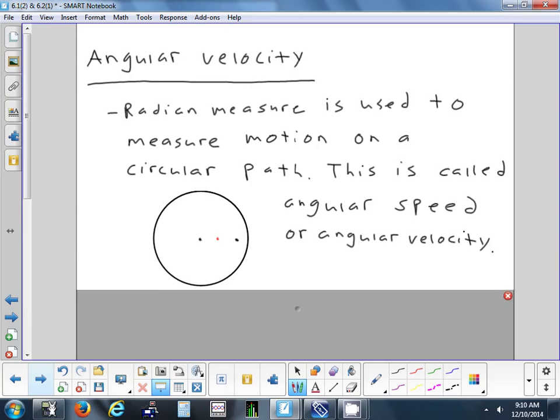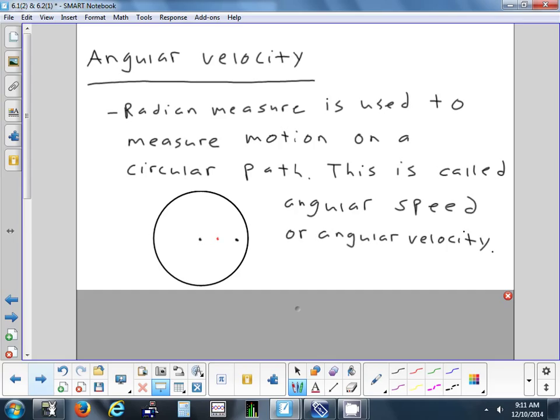Okay, let's see why we need to do that. We already have a way to measure speed. Okay, you can use miles per hour or feet per second, something like that. So why do we need a different way to measure speed when something's spinning in a circle? Does anybody know that? Why can't you measure the speed of something spinning in a circle? And I'm going to show you an example with this disk here. The same way you'd measure the speed of a car going down the highway. Yeah? Because a point closer to the edge of the circle will be moving faster than a point closer to